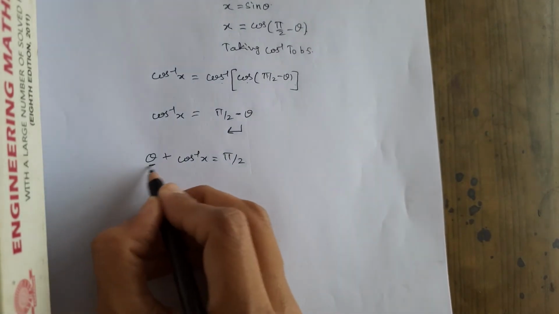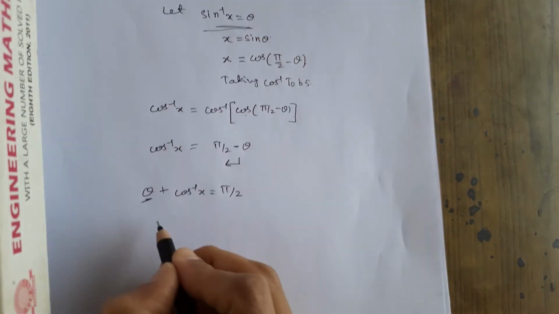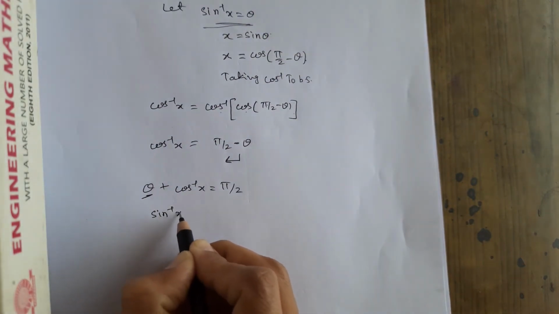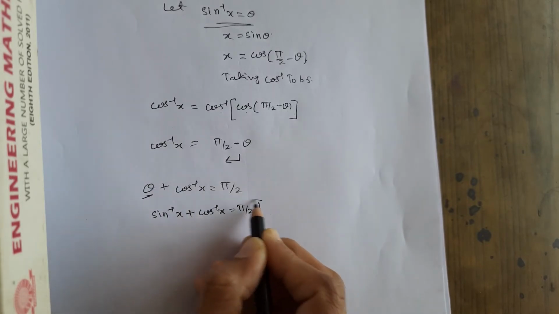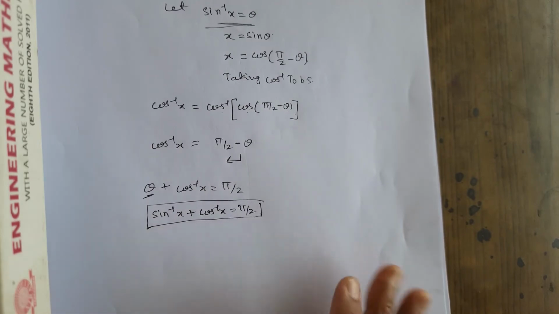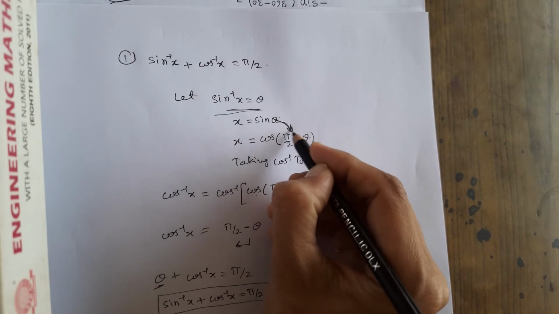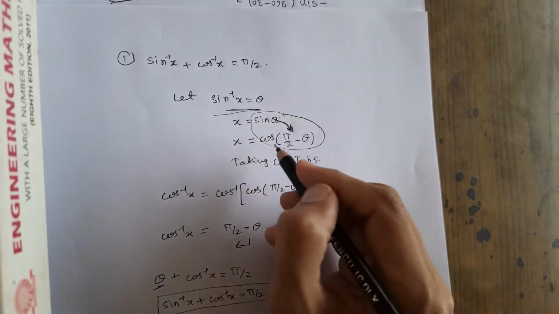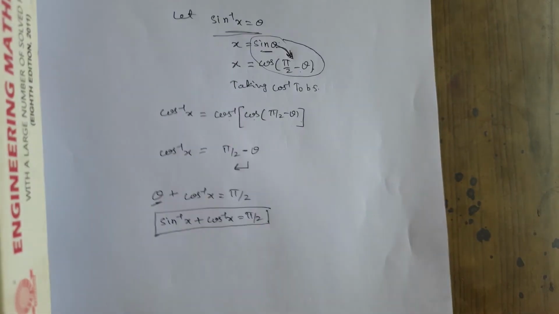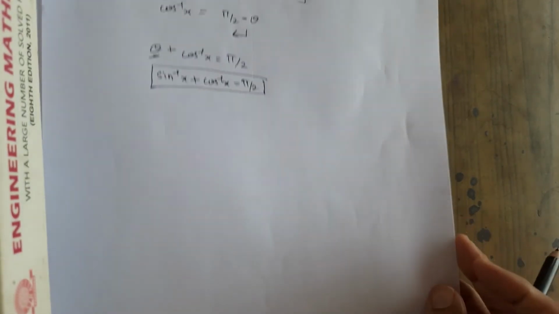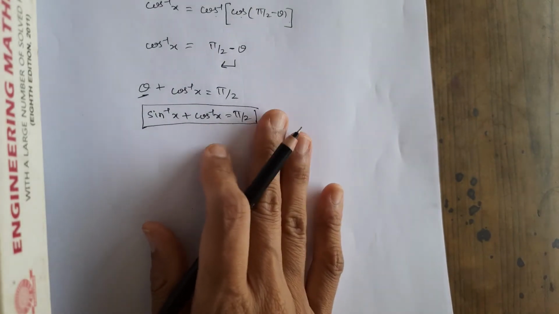Okay. What is the value of theta? Theta is sin inverse of x. So I am substituting it. Sin inverse x plus cos inverse x equal to pi by 2. That's how we prove it. And why I took this: we have just learned in the allied angle formula that cos of pi by 2 minus theta is equal to sin theta. Okay. Just try to prove the other example. Pause the video here and try to prove the other example. So this is another property.